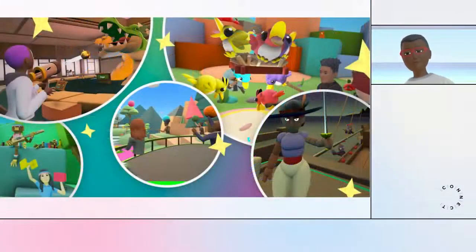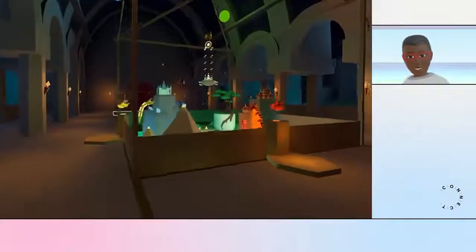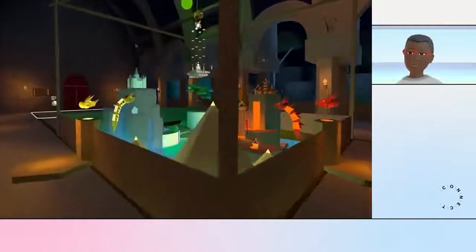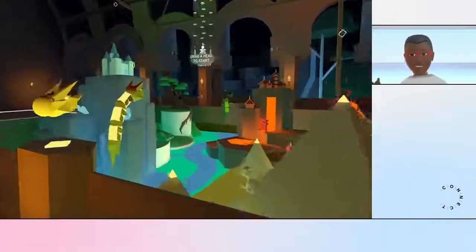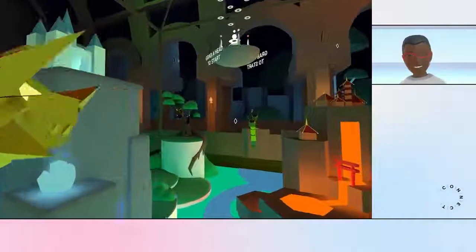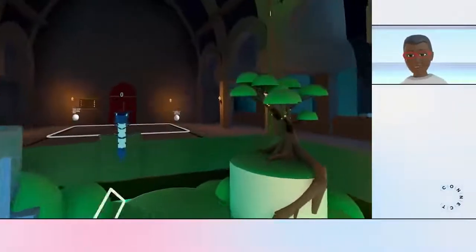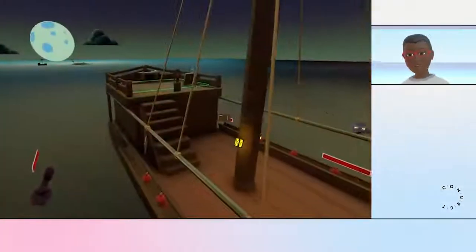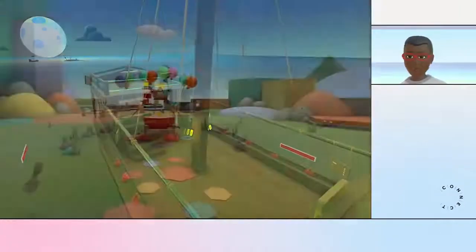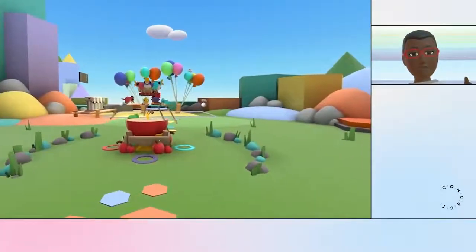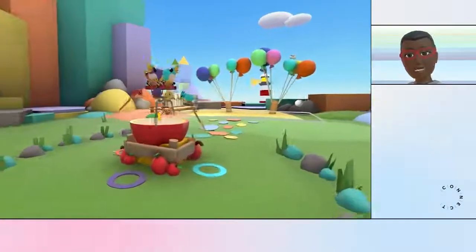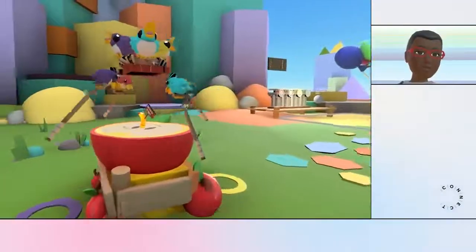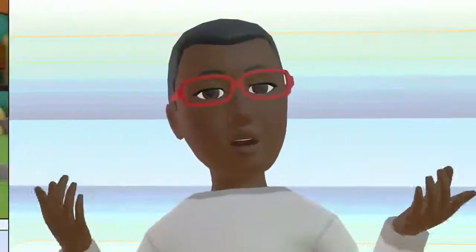But there's one more. I want to talk about mini games in Horizon. Some examples are Air Dragons, Risky Waters, and Hungry Birdies, all part of our World Top experience. Air Dragons is an experience where you can race dragons through different hoops to get points. In Risky Waters, you're on a ship with other players where you can throw different objects at enemies to defeat them in the water. Hungry Birdies is an experience where each player gets a bird on a stick that they use to eat worms and feed their baby bird. The person with the most worms at the end of the round wins.